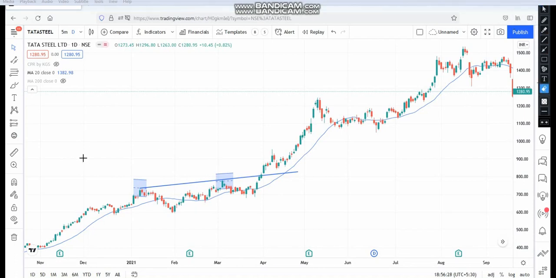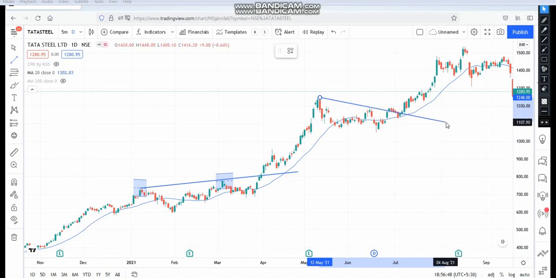Like that, here also you can draw a trend line. I will show you. Here there is another opportunity. Here you see, we have to extend the trend line out of the graph. Here I have taken two resistance. Here there is a breakout of the trend line. From here it went up to 1500. Here the price was 1150. From 1150 to 1500 the counter has gone. So this is the type of drawing a trend line.